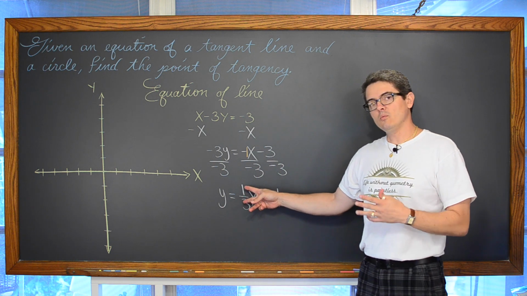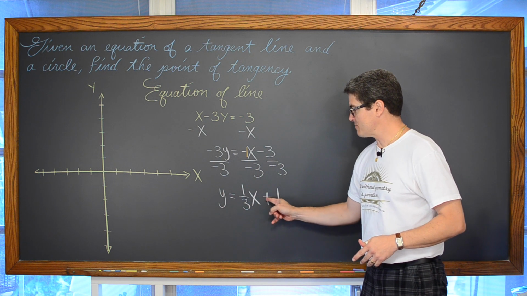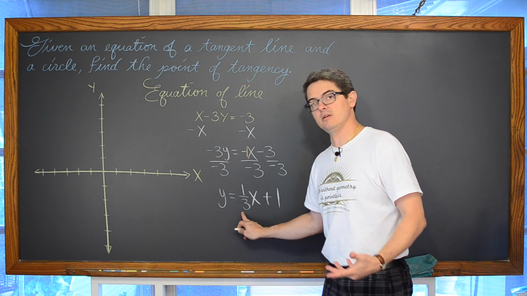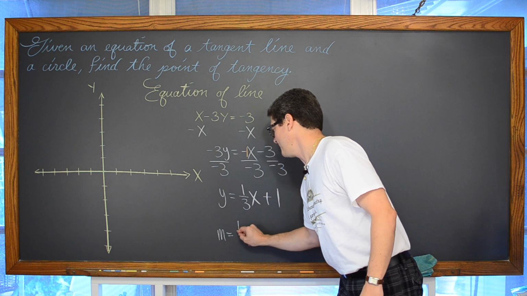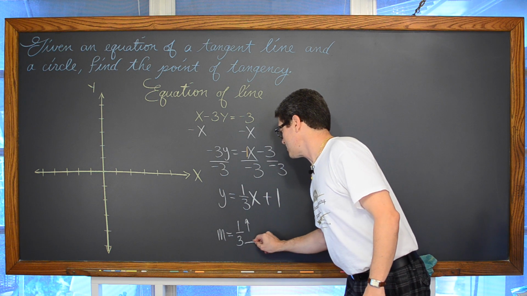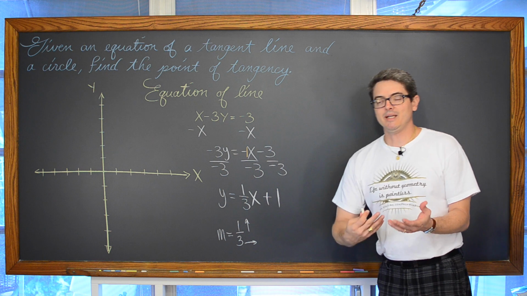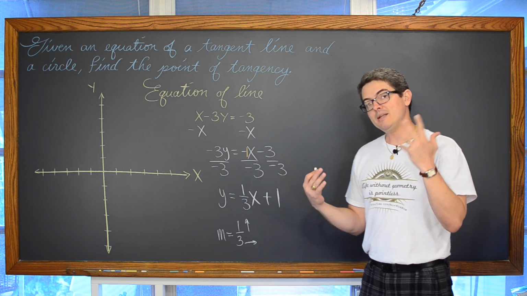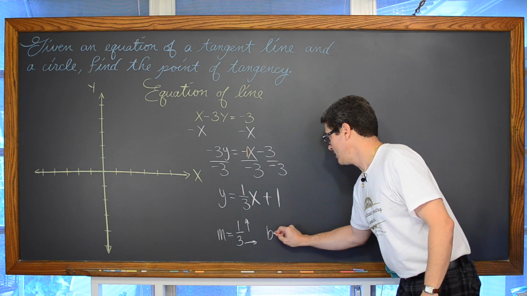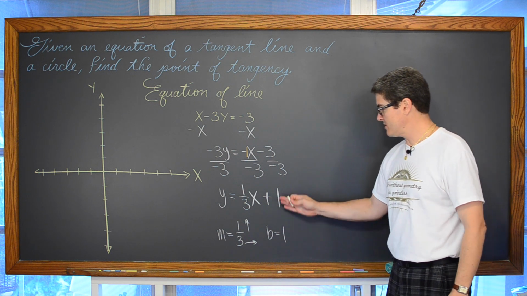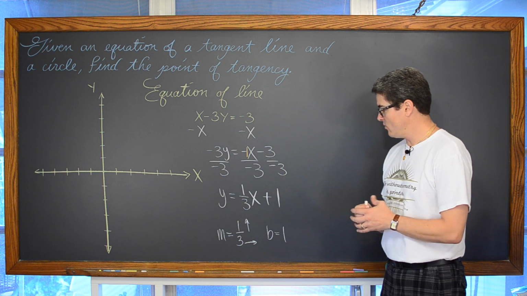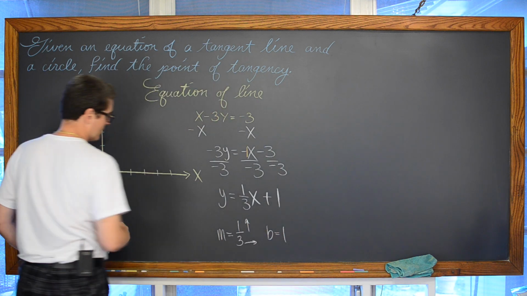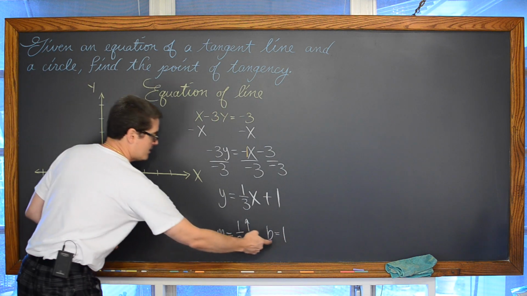And when you look at this y is equal to mx plus b, this equation of a line in slope-intercept form, the number that's in front of x is going to be your slope, or m. And that's a rise over a run. Slope is rise over run. So you need those two numbers so that you know how to plot your next point after you plot the y-intercept, which is this number at the end, this constant, this b, which is equal to 1. So this line has a slope of 1/3, and you're going to plot that after the y-intercept of 1.